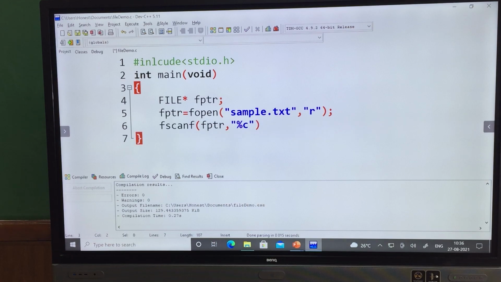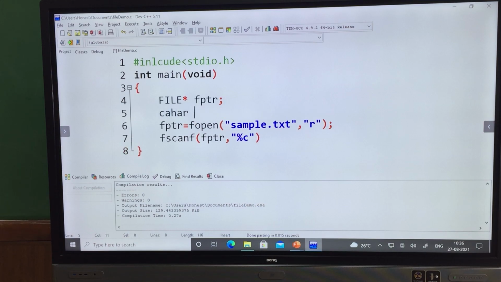Okay, I am reading that character. So I am taking one character, ch. Okay, into this ch I am reading the character value from the file. So only one character I am reading. So ch, go to the end and put the semicolon, and now print that character.